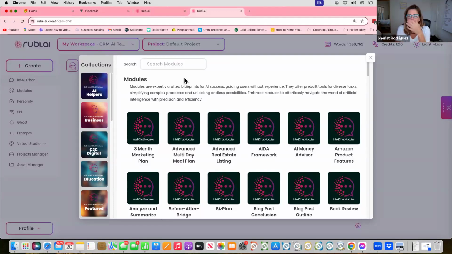And then the other piece, and this doesn't necessarily need to be in the module, but in the chat, in all the IntelliChats, and there are 4 free ones, by the way, now. And some of them are really good. I know you said the free ones aren't, but some of them, it depends what you're using it for. So try the free ones first, of course. But you can create anything in chat. I just created a post for tomorrow about branding in chat and wrote a story, and it was awesome.